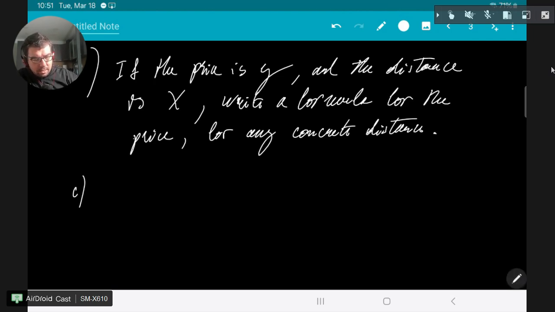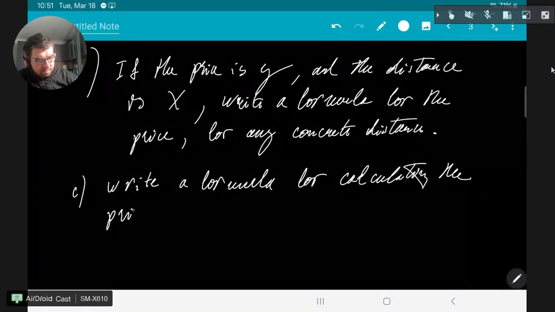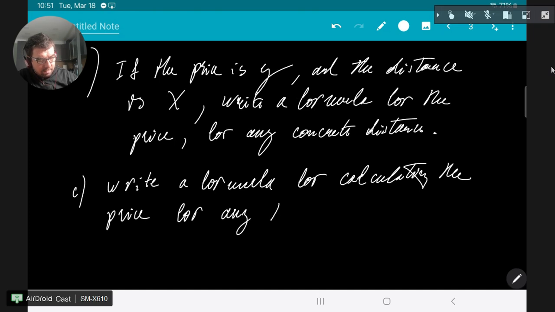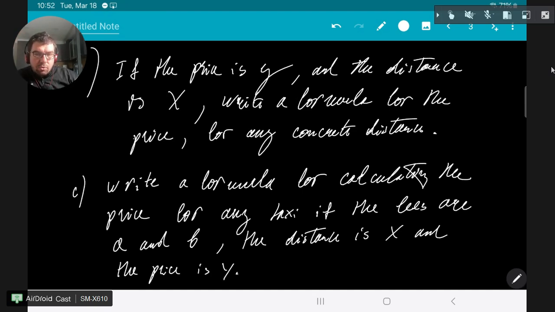And then the next task is to write a formula for calculating the price for any taxi if the fees are A and B, the distance is X, and the price is Y. Okay, so what this asks us to do is basically